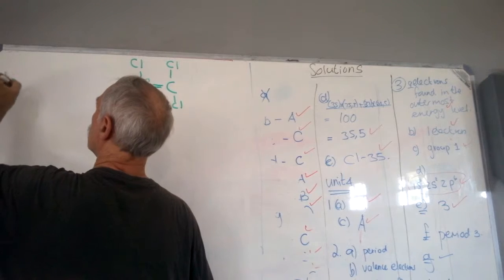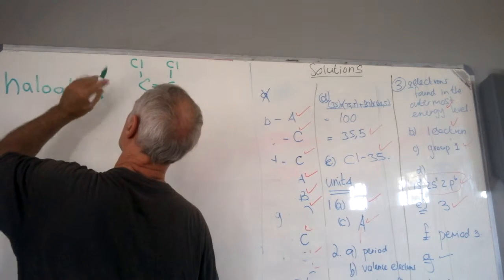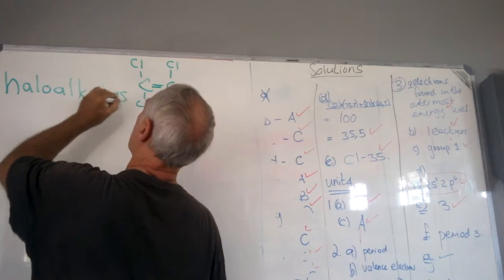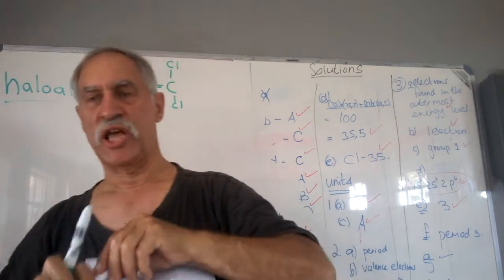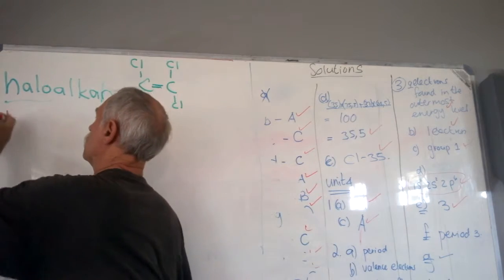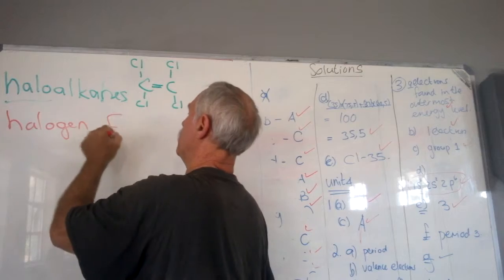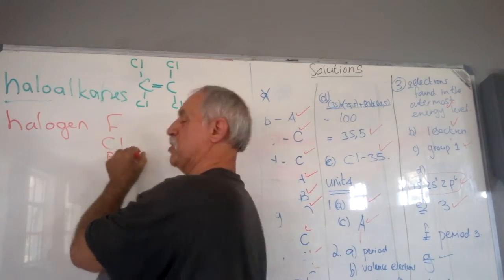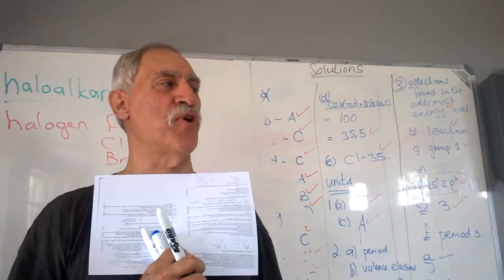Halo stands for halogen, and the halogens are fluorine, chlorine, bromine. So if we add fluorine, chlorine, or bromine to them,